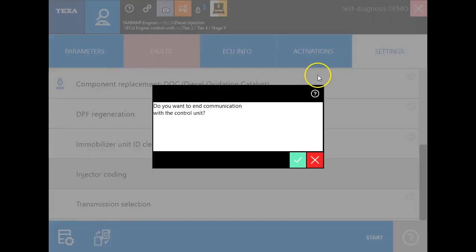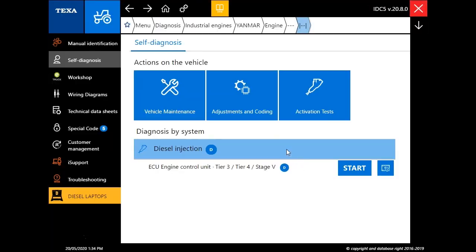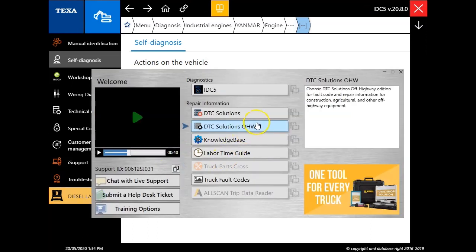Close this out. Okay, once we close this out, also new into the software is your diesel laptops button. So this will bring you back out to your dashboard here. If you want to go back and look through DTC solutions for your off-highway service information or knowledge base there for your